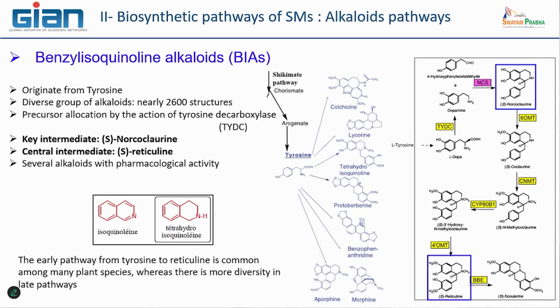To finish with alkaloids, this is the case of benzylisoquinoline alkaloids. I show you this short, summarized metabolic pathway. I say to you that tyrosine is important. And here you may have some detail of what happens to produce, for example, these alkaloids. And you see here that one of the major intermediates in this pathway is reticuline. And there are strategies that lead to producing a high amount of reticuline in yeast cells.